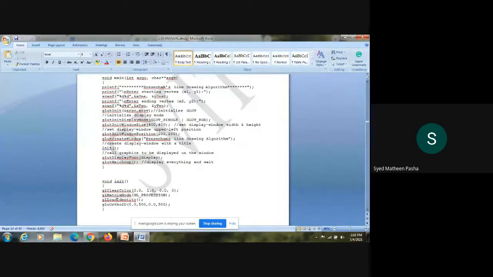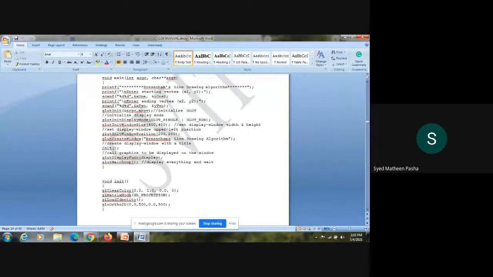In the initial stage, the identity matrix is stored by default in the program. With the help of this function, you are telling that there is a 2D graphic to be displayed with respect to these parameters, where the identity matrix is replaced by the orthographic matrix. These two functions basically work by default in the program.